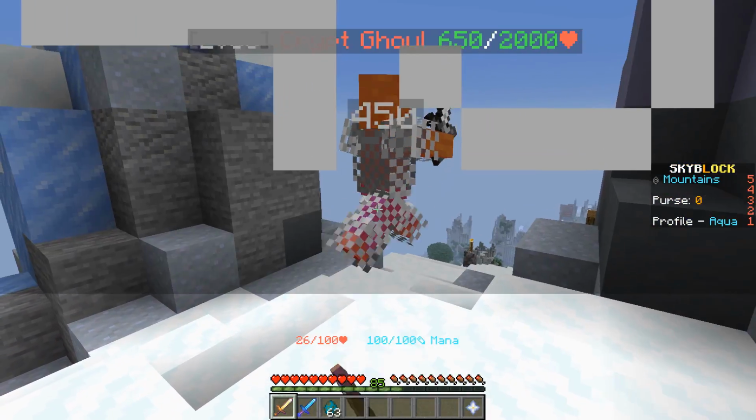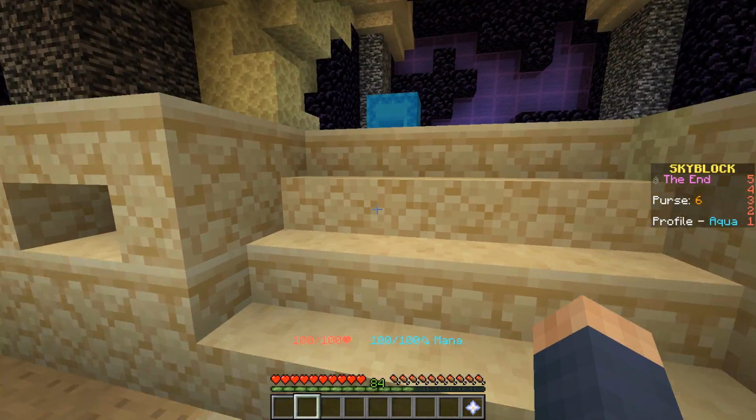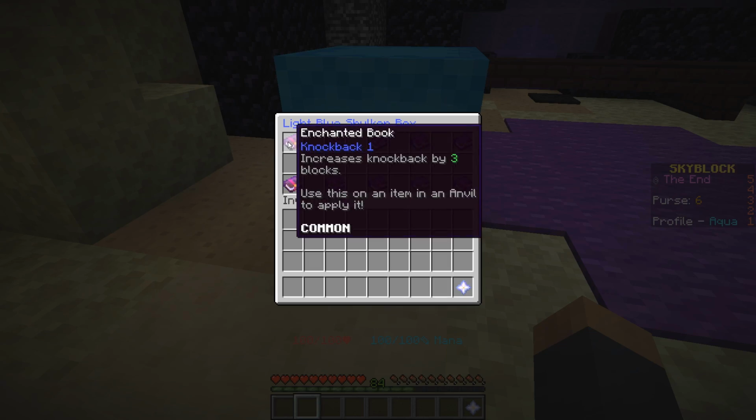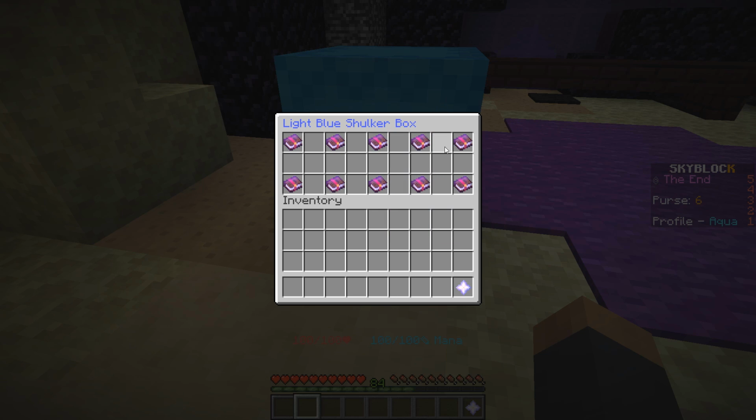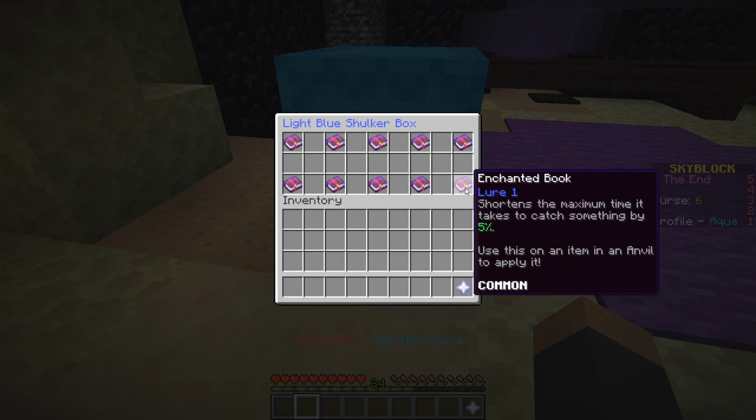Anyway, we have healing enchantments Lifesteal and Vampirism. One heals you every hit and the other heals you every kill. Then we have several enchantments which are almost identical to their vanilla counterparts: Knockback, Punch, Depth Strider, Flame, Aqua Affinity, Efficiency, Respiration, Silk Touch, Looting, Lure, so basically anything that involved movement or mining